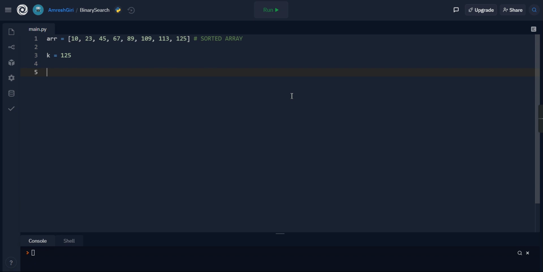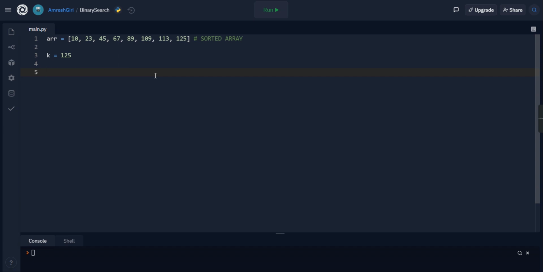The basic idea behind binary search is that in the first step, you look in the middle of the array. You divide the whole array into two parts and see if the element that you are trying to search for is the element present in the middle. If that's the case, we simply return, right? We have our answer in just one single step, so probably big O of 1, constant.